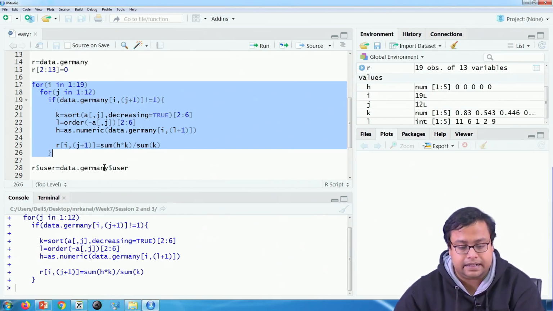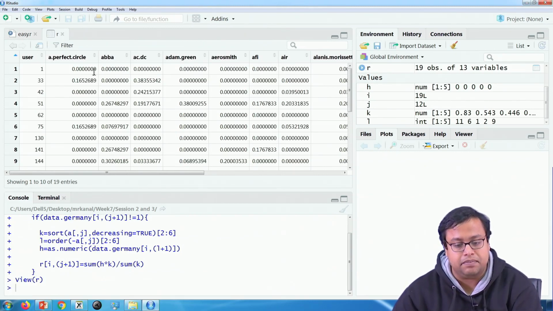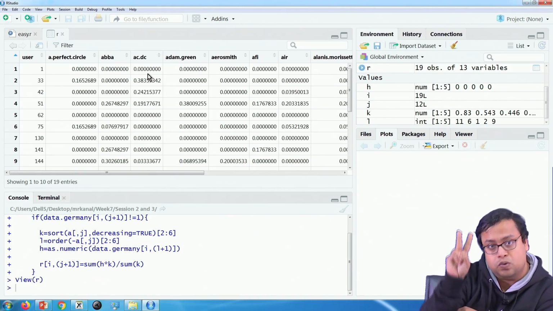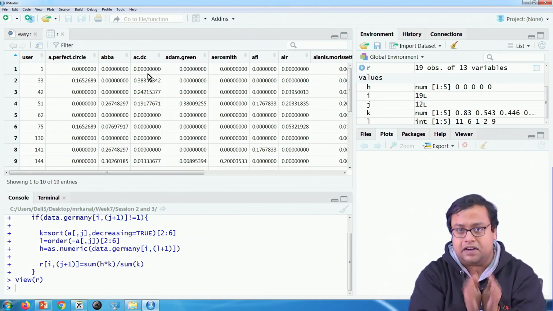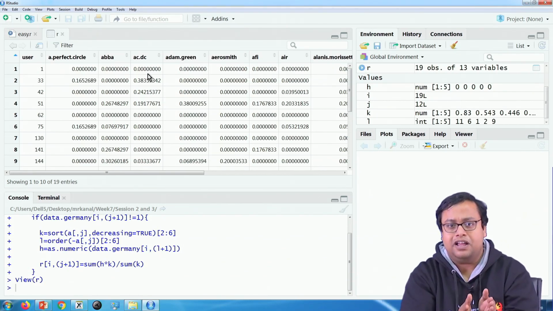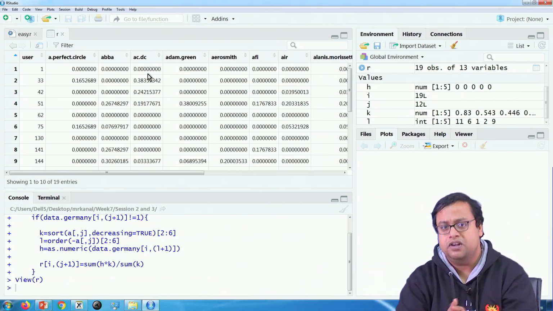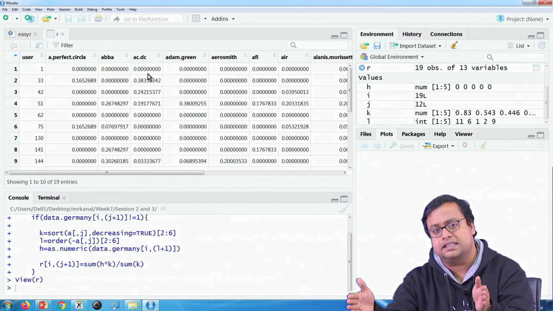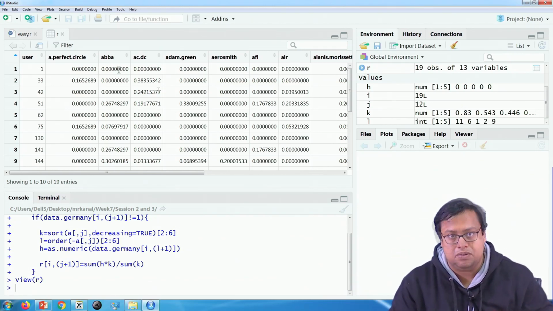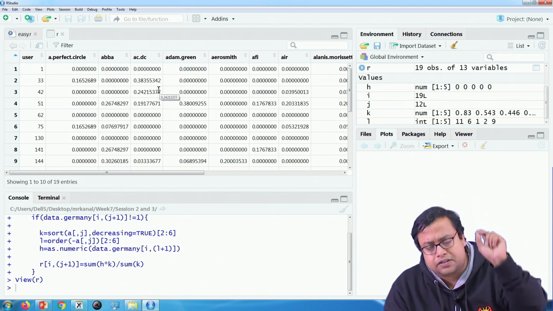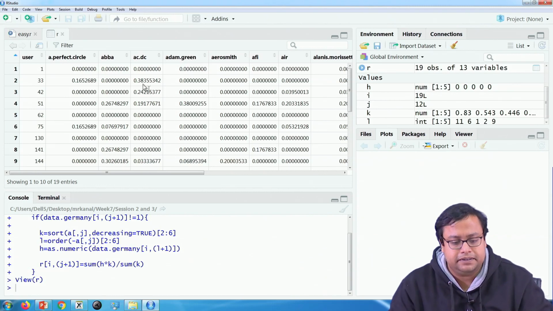Now, this is the operation that I do for all my products and all my users. So, I run that. Now, I have created the R matrix. Some of the values are coming 0. 0 can come for 2 reasons. One is this guy has already seen the movie before, that is why it is coming 0, or this guy has seen no similar movie. We have taken the top 5, and if none of the top 5 similar movies has been seen, the value is coming 0. These are the 2 reasons why these values can come 0. Whenever he has seen at least one similar movie, then some value will come here.